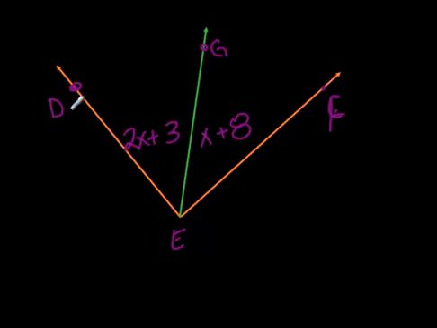So angle DEG is equal to 2x plus 3, and angle FEG is equal to x plus 8. We are told that EG is the angle bisector, solve for x. If EG is the angle bisector, therefore we know that angle DEG is congruent to angle FEG. That means their measures are equal, thus we can substitute